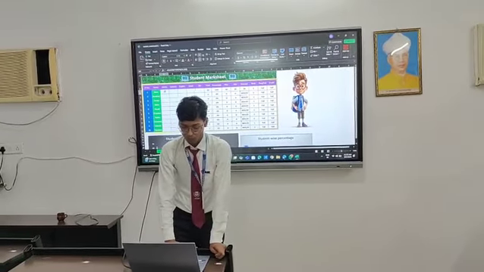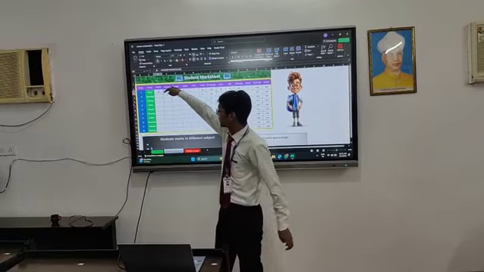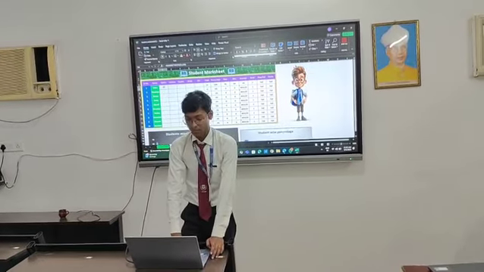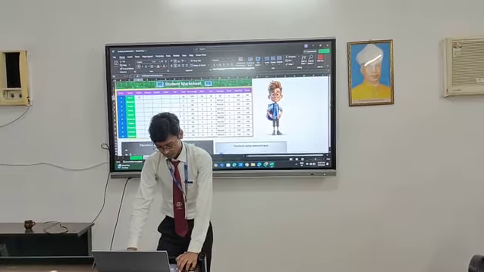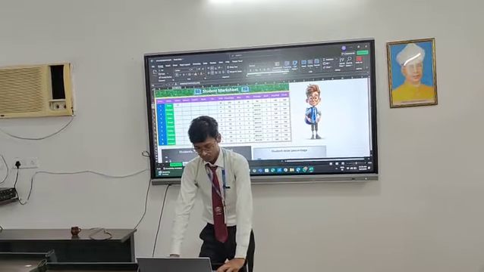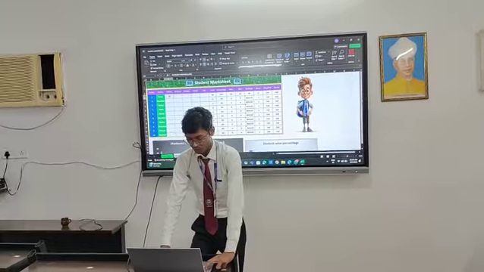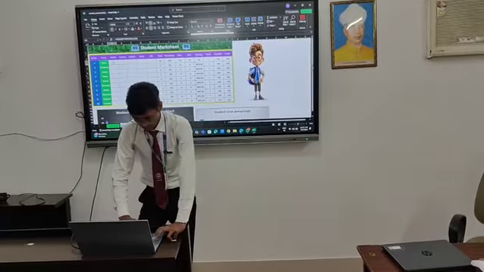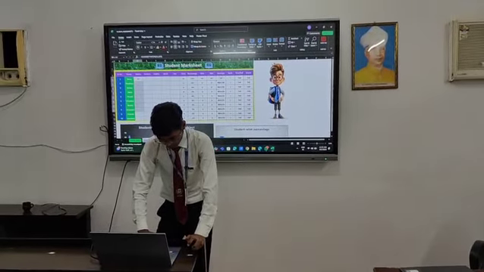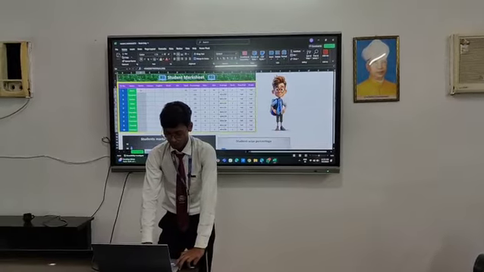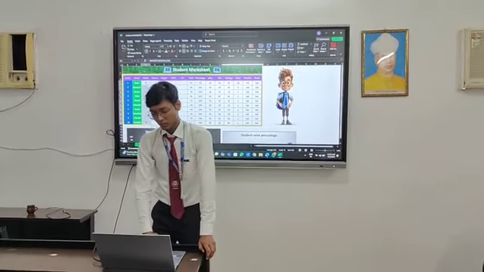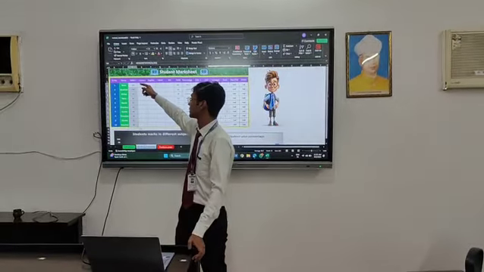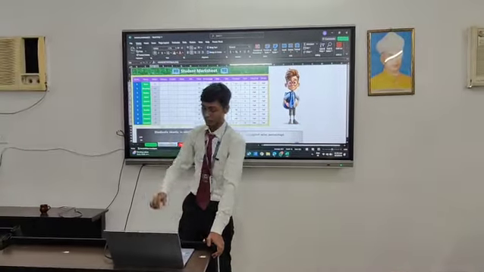Then I want to fill data in this column till here, till record number 10. So I will press my cursor, then I will select the column till data. Again I am using the shortcut key Control, then Control plus down arrow. As soon as I pressed Control plus down arrow, it automatically filled this column till record number 10.